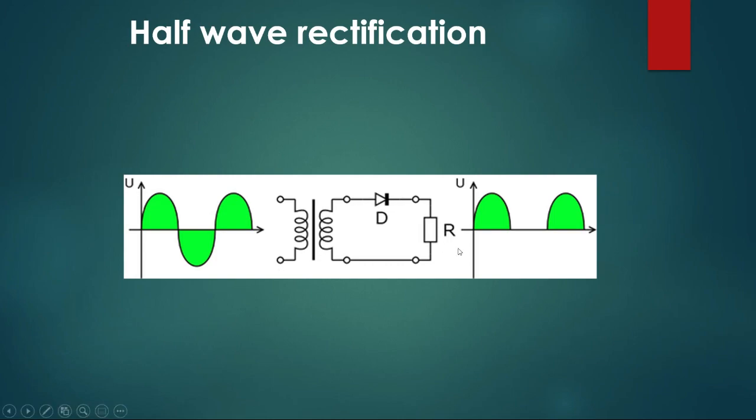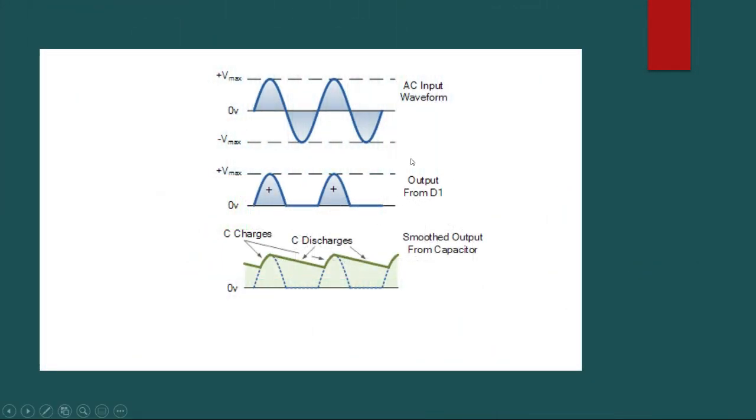Let us see here. There is also one diagram. On the left side we have the input signal we are giving to the transformer. Transformer is connected to diode, and diode output is like this: one cycle, then break, then again the next cycle. Now here we can see that this waveform, what we are calling the output waveform, is nowhere near DC. What is the impression of DC in our mind? It should be a straight line which is not changing, direct current. That's what makes it different from alternating current. But you can see here alternating values are there.